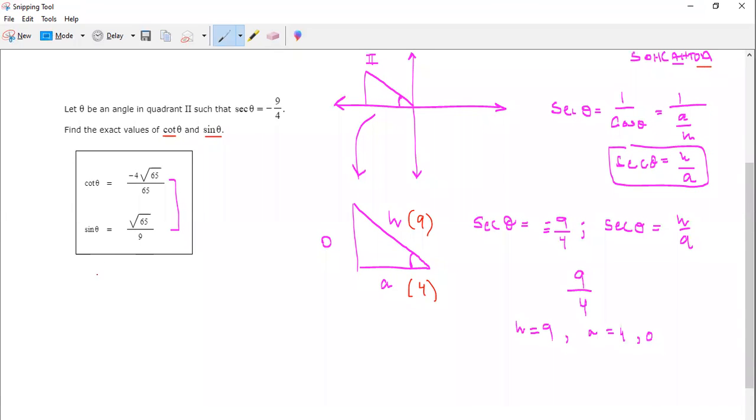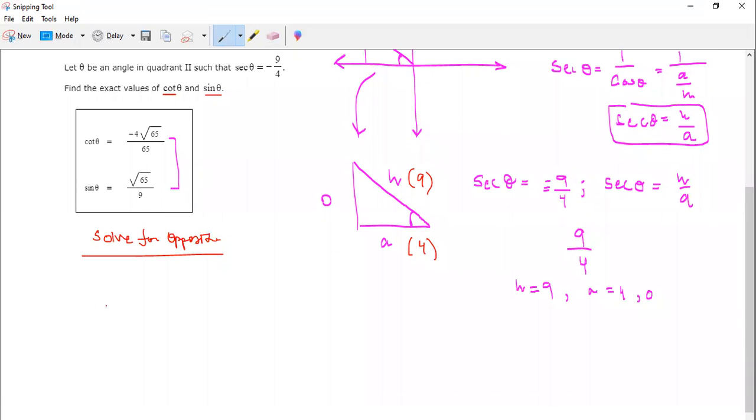So we want to solve for the opposite side. So we write solve for opposite, right? We're going to use the Pythagorean theorem, which says that h squared equals a squared plus o squared. And h squared in this case is 9, so that's 9 squared, equals a squared, which is just 4, so that's 4 squared, plus